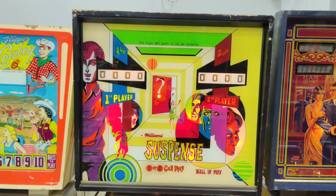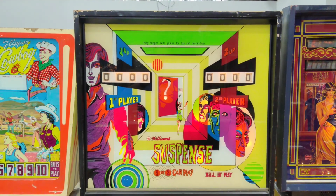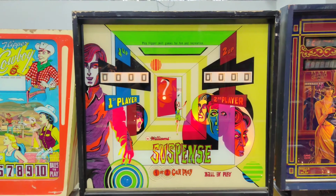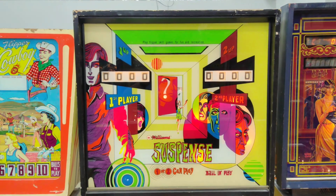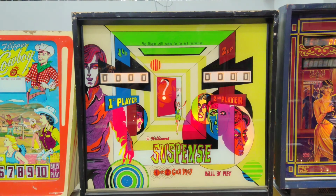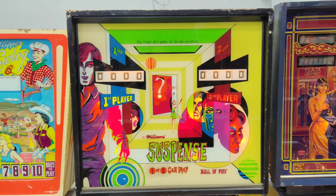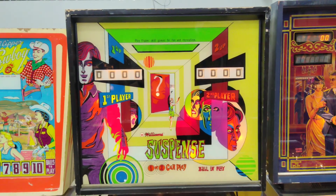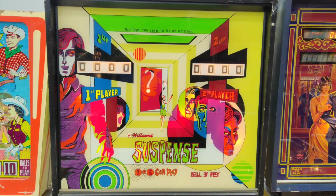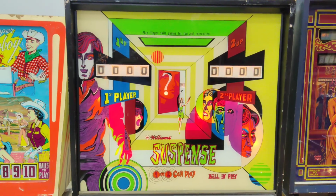Williams Suspense. Absolutely stunning artwork on this game. It's an interesting story because this game is named Suspense. The very first Williams pinball machine was also called Suspense, but that one was themed on trapeze artists, and of course was in the flipperless era, so there were no flippers in the game. But you know, there's a big difference between 1940 and late 1960s, early 1970s, and so this Suspense game is actually themed after, as you can see, kind of noir